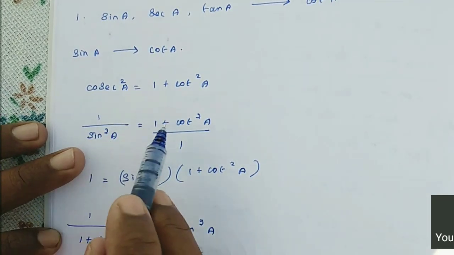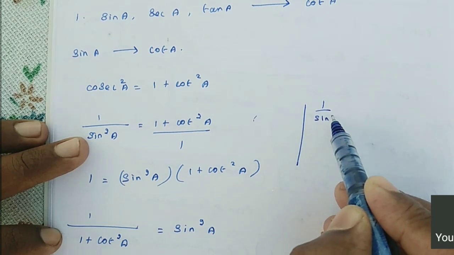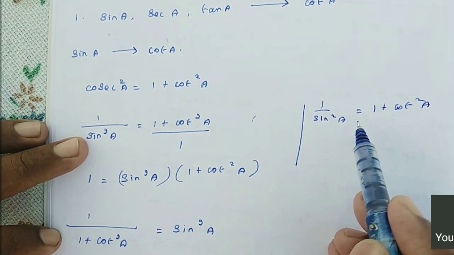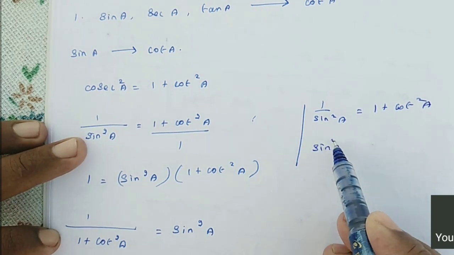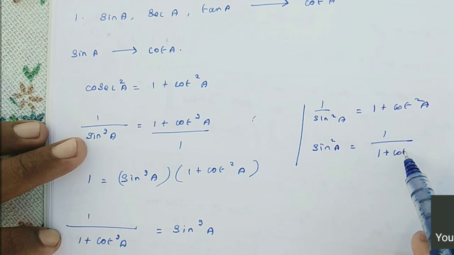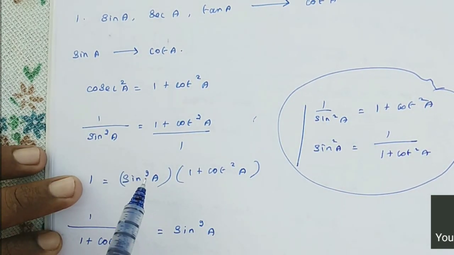And one more thing over here. If you don't want to go through the cross multiplication, there is a very simple way. We already wrote here sin squared A equals 1 by 1 plus cot squared A. So it's very easy. You should write sin squared A is equal to 1 by sin squared A, so you can write sin squared A as 1 by cot squared A. Clear? So instead of this cross multiplication step, you can write like this.